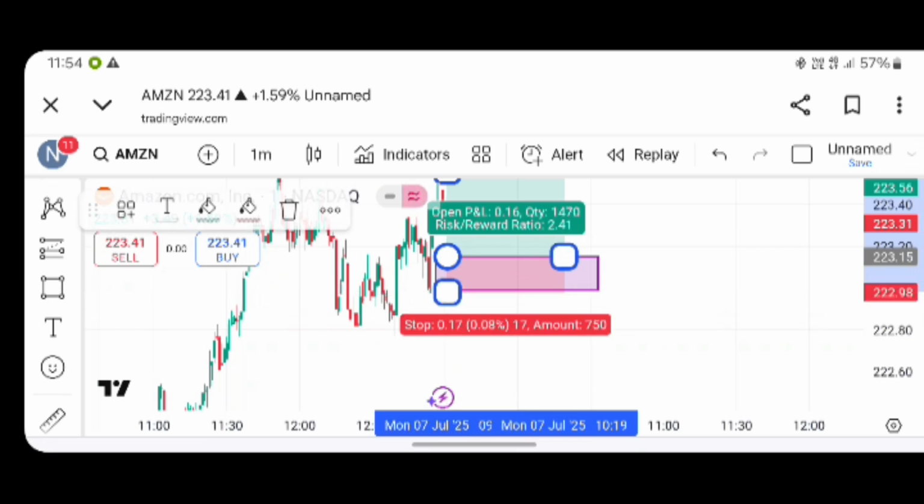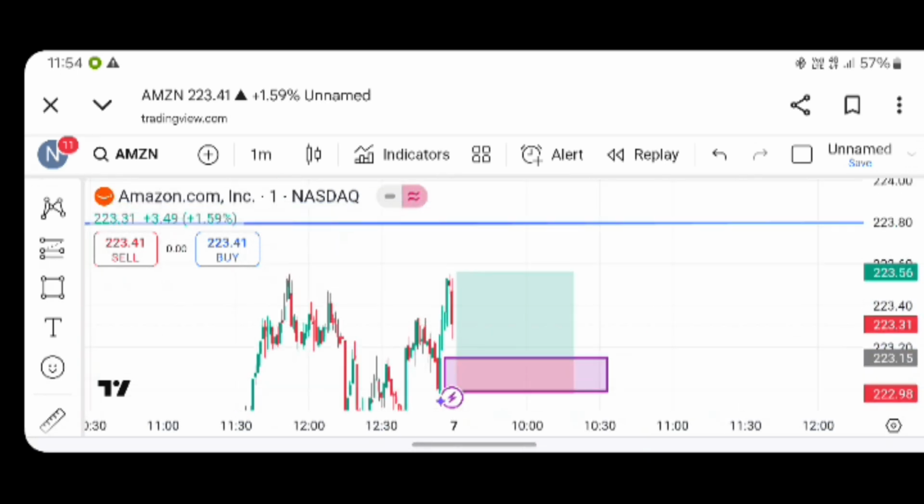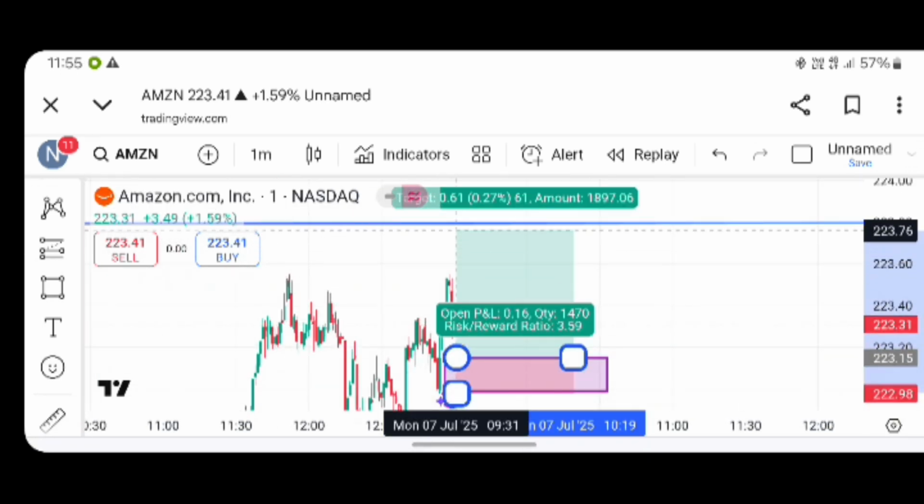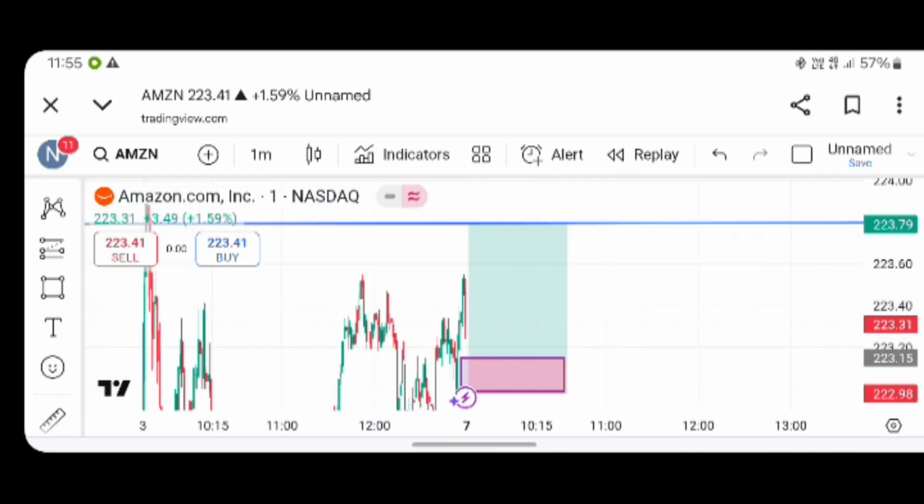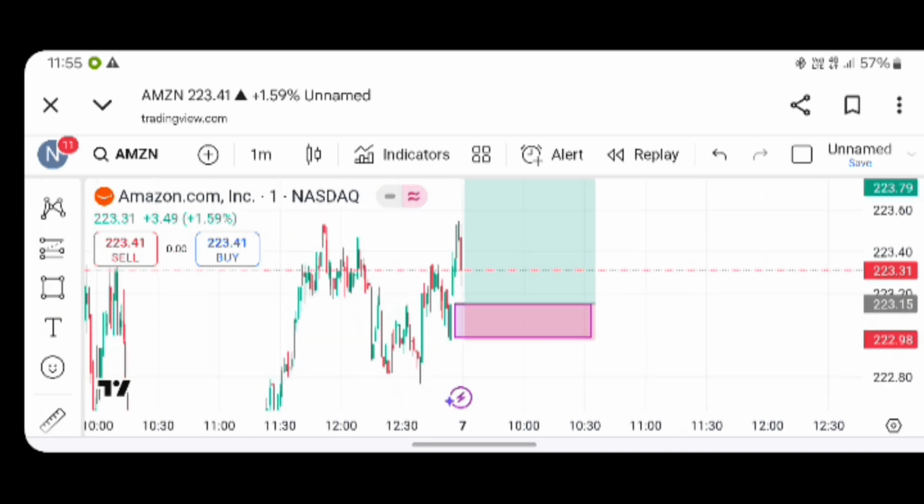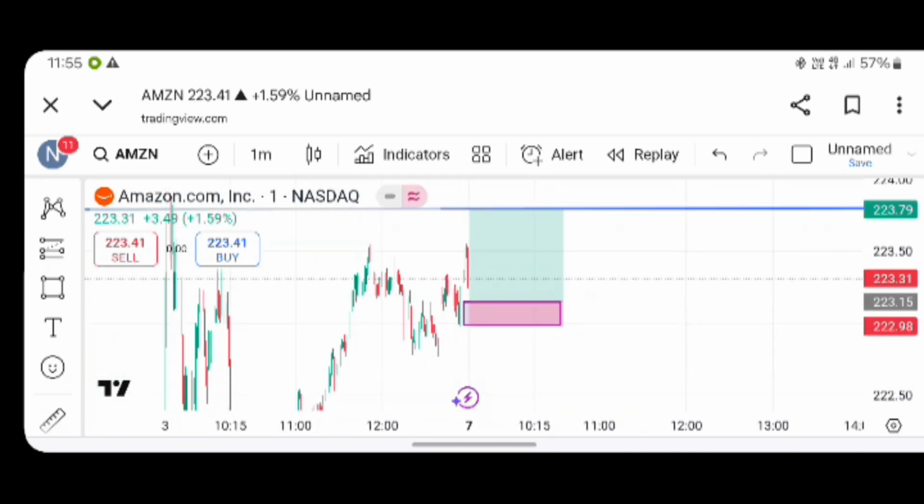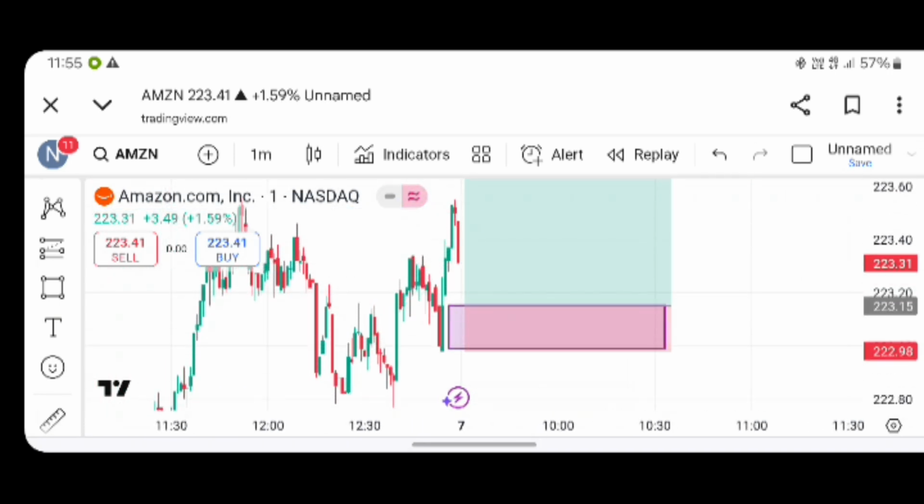I think this is a good choice to buy. So place the stop loss below this order block, and the first target is we have to choose this higher. So this is the analysis for Amazon. We will see what happened in the next videos, whether the target is hit or not. I will post this short